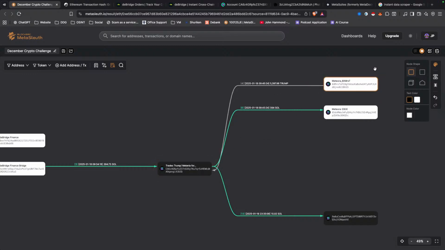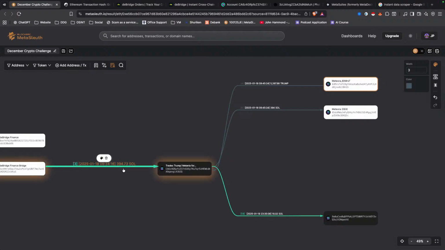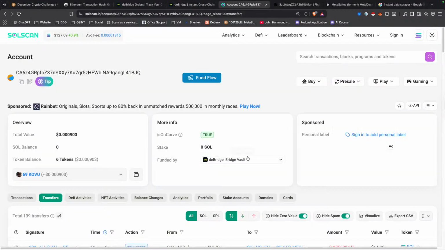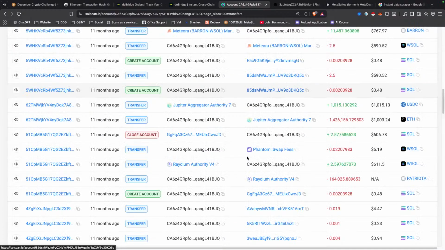If you wanted to, maybe you color these a slightly different color just to show that they're not part of the asset flow out. What I mean by that is this 394 is changing to 1000-something. That's what we want to show. That's where we want to have the emphasis. So let's go back and check out what else is going on.